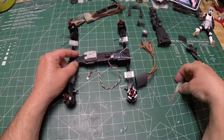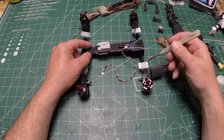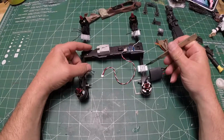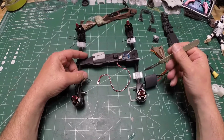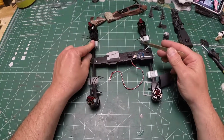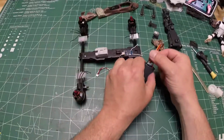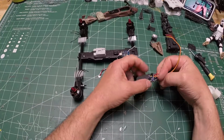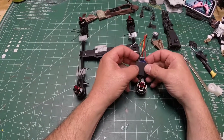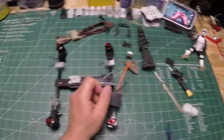Oh, and by the way, these little ESC holders I got to redo in black or nylon, and then dye them. And you can buy these from me too. They're cheap if you want them. Okay. And I already cut the heat shrink off of here and flashed this with BLHeli with OneShot. And then over here,